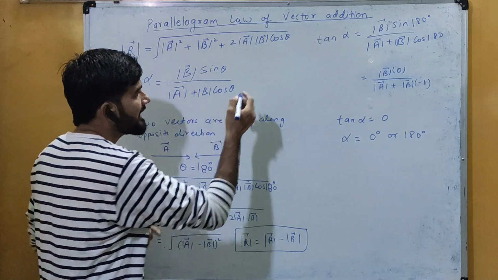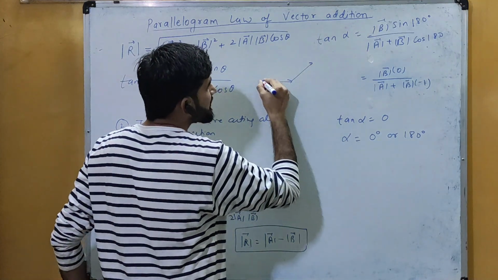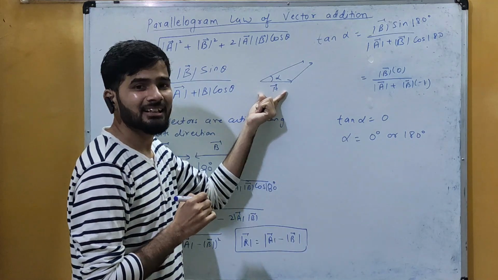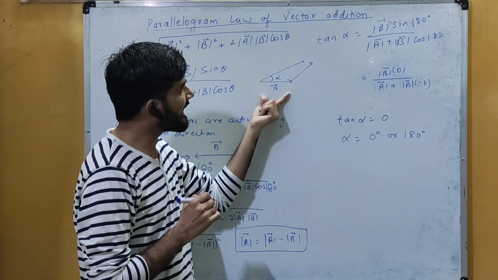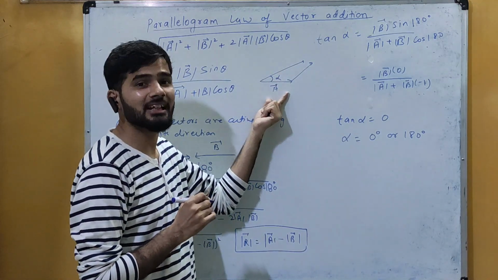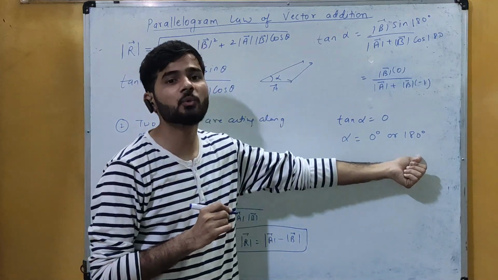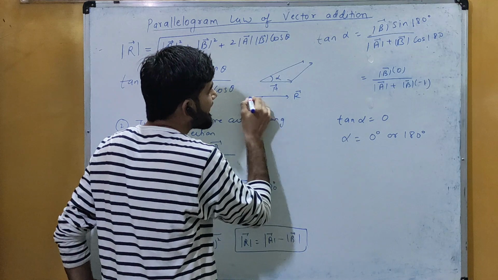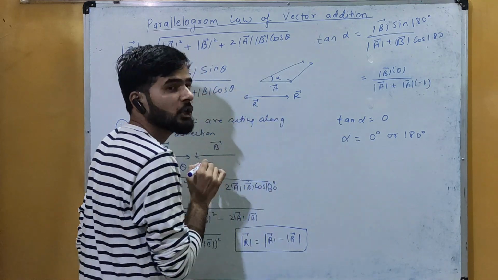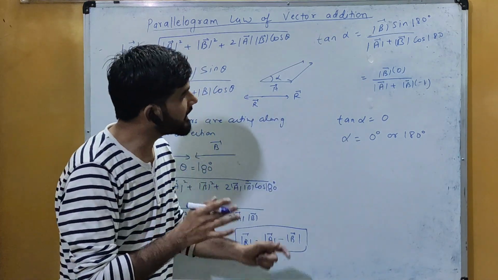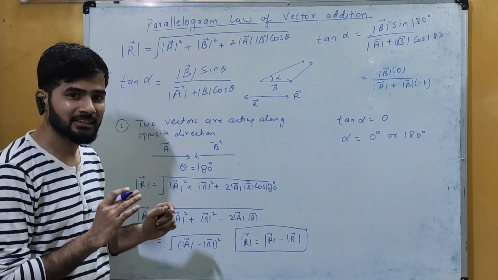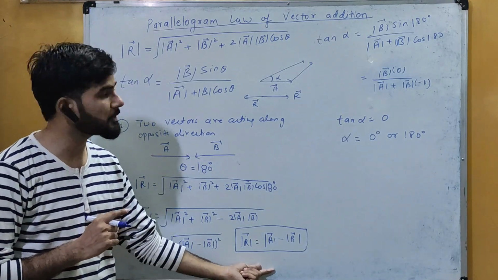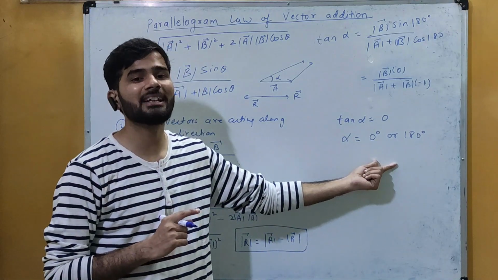value of tan alpha, in that case we had two vectors, and the angle alpha that was formed was with vector A. So here this angle alpha is with vector A and it can be equal to 0 degree or 180 degree. या तो ये इसी डायरेक्शन में रिजल्टेंट R हो सकता है या फिर इसके एग्जैक्टली ऑपोजिट डायरेक्शन में भी R हो सकता है. Okay, so whatever we have obtained in the previous video, the vector R is equal to A minus B and the angle is 0 degree or 180 degree.